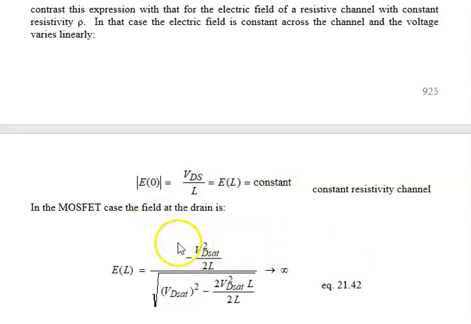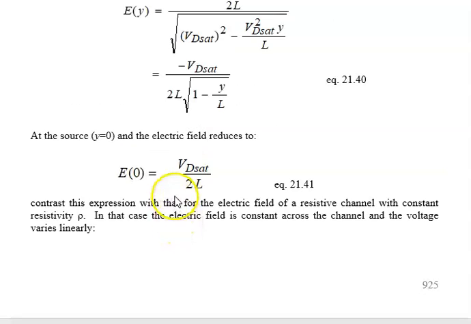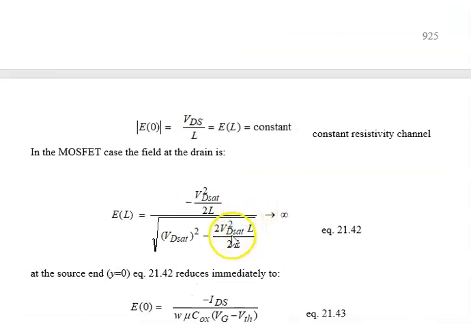So putting it explicitly, the relationship for Vd sat at the drain, we get equation 2142, and as I think you can see, it's bad news. The L's go away, the L's cancel, the 2's cancel, Vd sat squared minus Vd sat. This is 0, and the thing approaches infinity. And this is under the condition that pinch-off occurs at the drain.